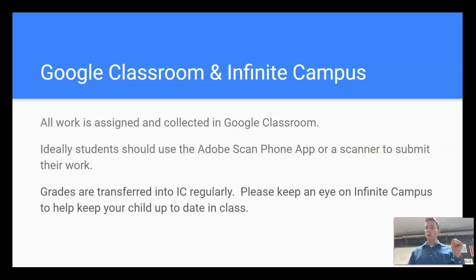Again, due to my late work policy, it's really important that students and parents keep a close eye on Infinite Campus to help keep them up to date in class and to make sure that their grade is as good as it should be. So when we go to look at